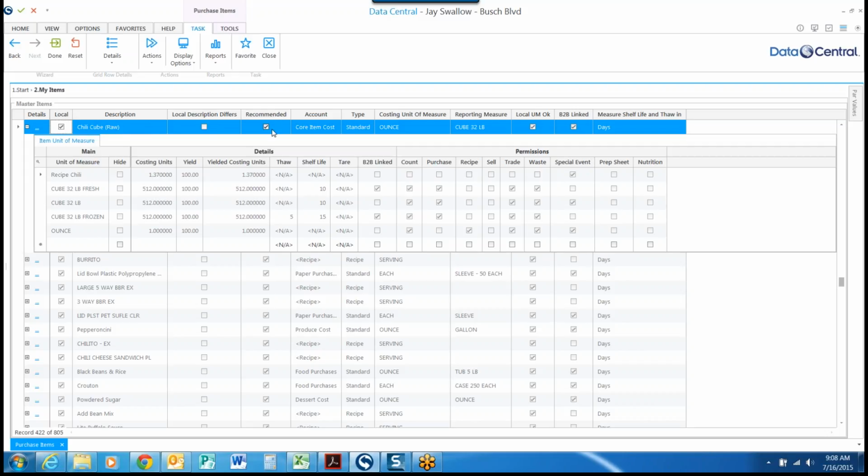Additionally, there is a check mark if this particular item is recommended to be in your local items. It will tell you what account this particular item exists in. It will also show you what type, if it's standard or recipe, the costing unit of measure, the reporting unit of measure as it is set up in the master item list, and then a check mark to show if the local unit of measure matches the master unit, and that this particular item is additionally linked to a business-to-business